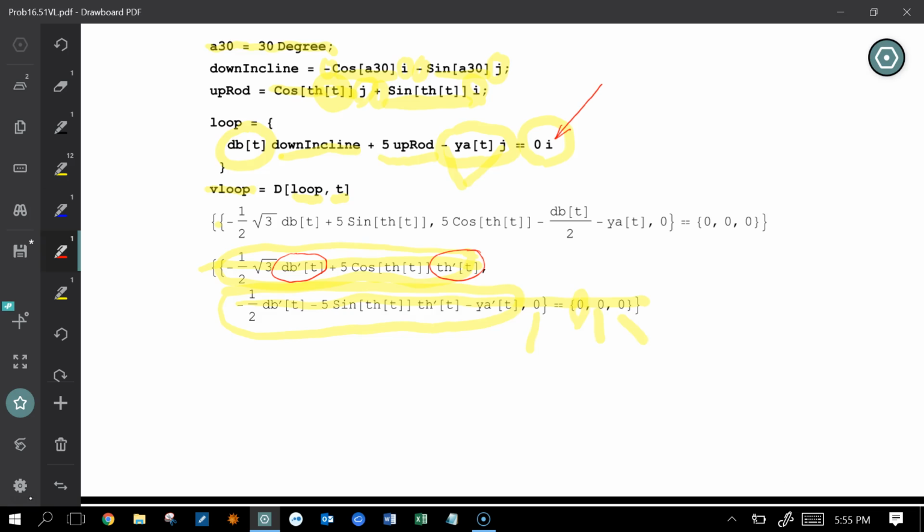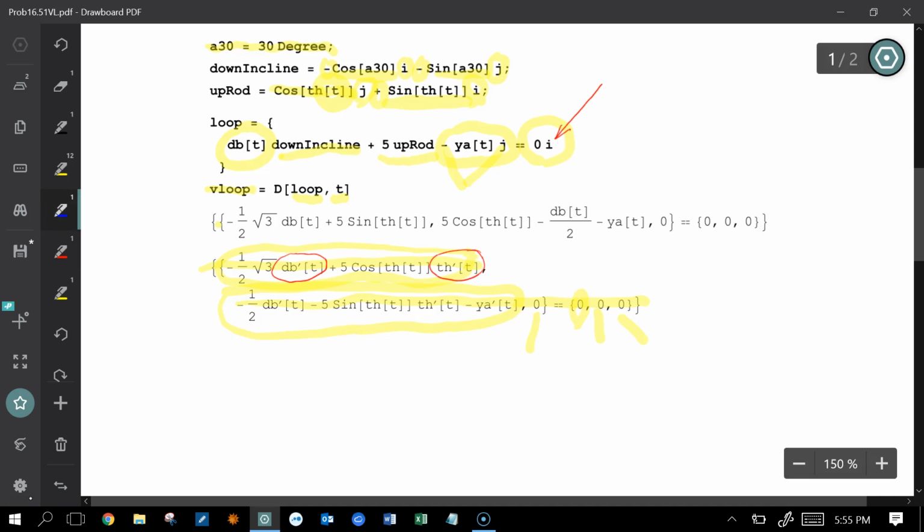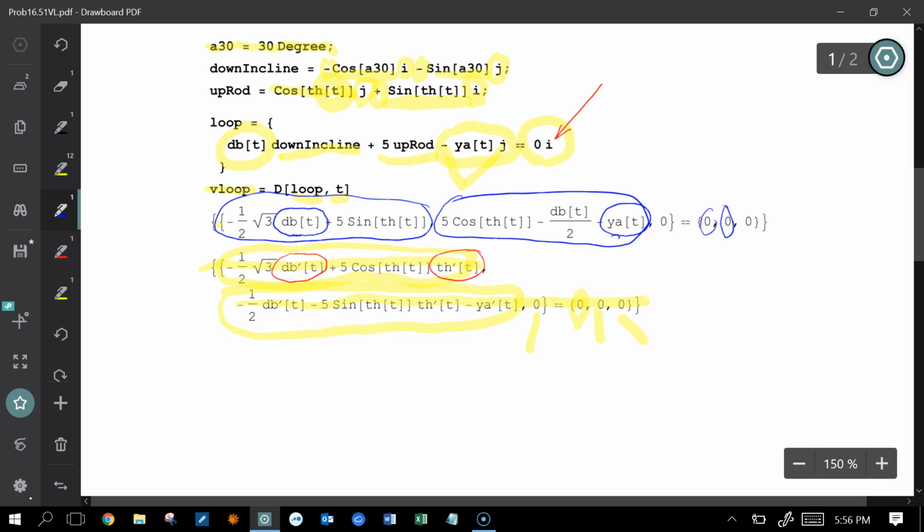The other thing that I'd like to point out is the loop equation is useful for something. It has a distance dB. It has an angle, or YA, excuse me, YA. So here's the deal. If you have theta, you know theta is 50 degrees, you can get two equations off of this. You can get the i right here equals 0, and the j right here equals 0